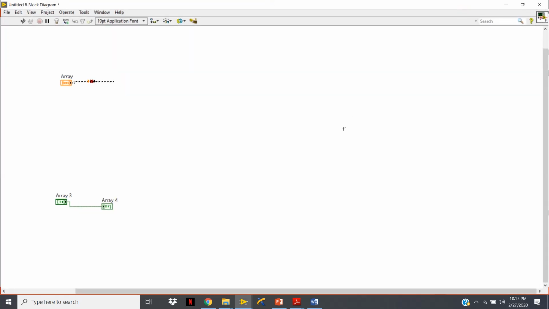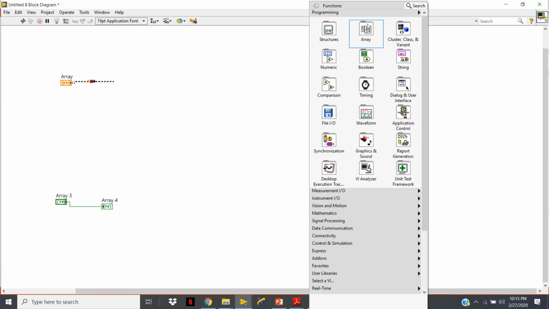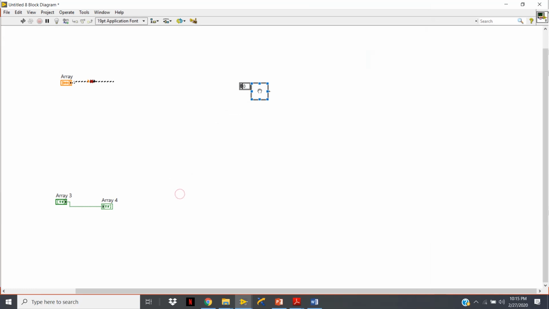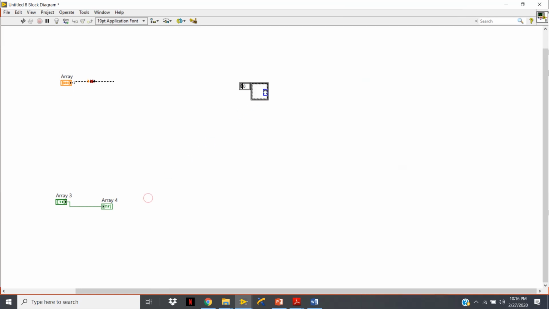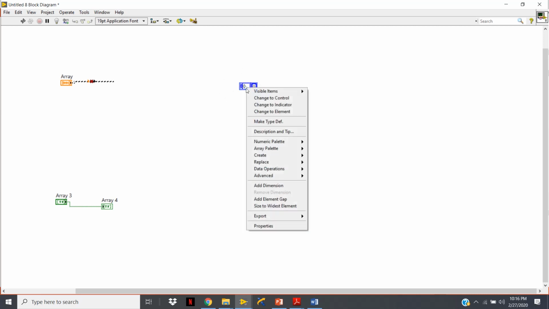Okay, we can create an array constant using the block diagram. For this, go to array and pick up the array constant and then mention the data type of this array constant. Let us make for now an array constant of numeric constants. Enter it. This is a 1D array of numeric constants. You can mention the value of constants here. You can initialize this array,